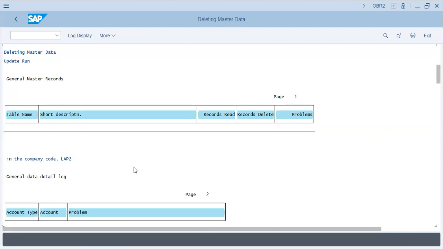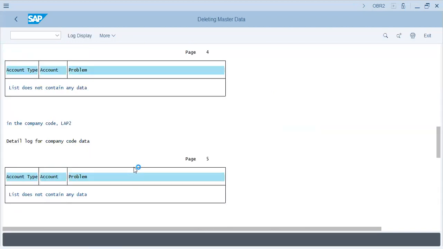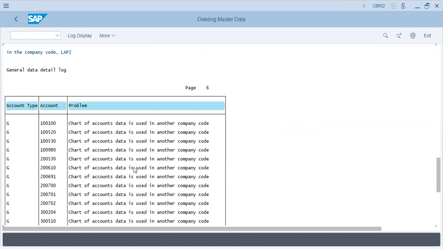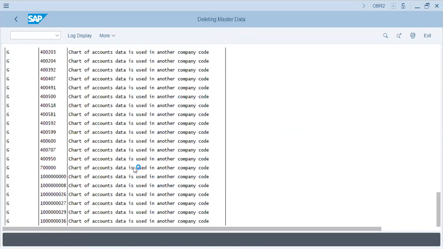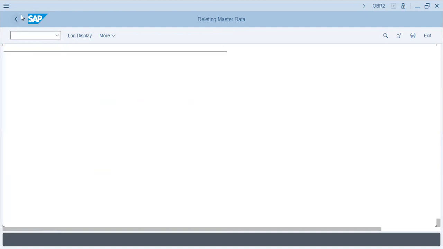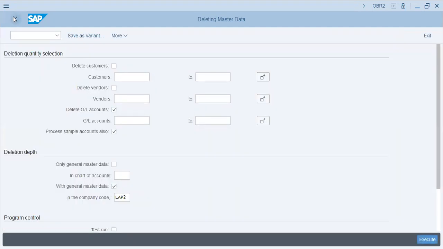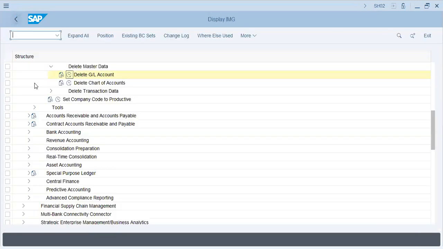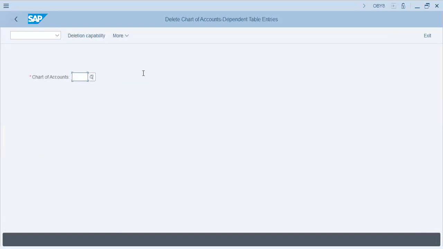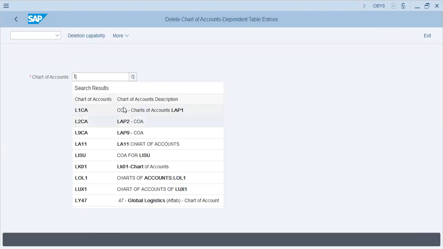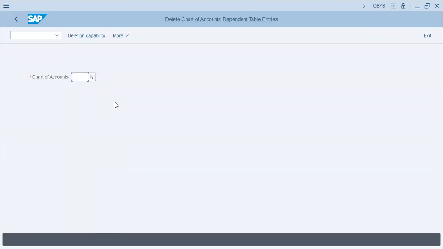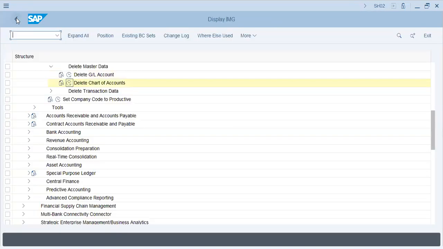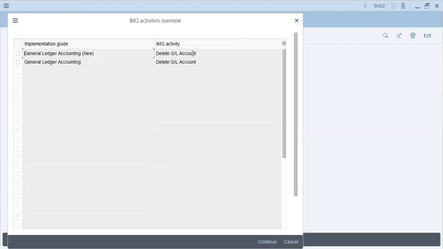Okay. Delete chart of accounts. No, I cannot delete this because it's already assigned to another company code. But nonetheless, you can assign it. You can delete it as well. Let me just go to another transaction, which is